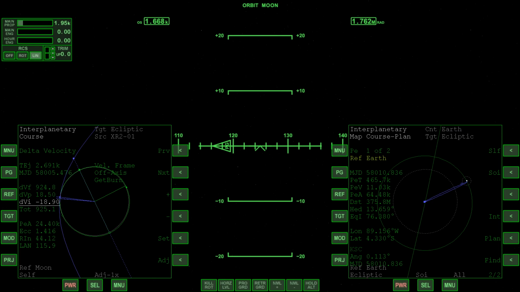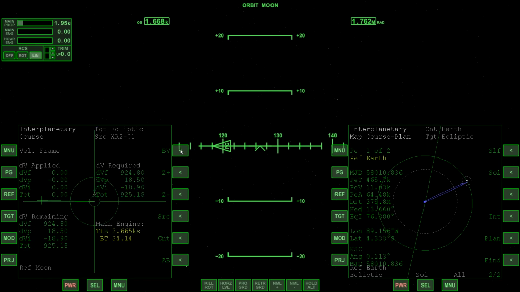Some of the other numbers that we're looking at, you can see MJD, so that's telling us our periapsis date. Below that is PET, so that's the time to periapsis. That's not really being affected right now because we're not currently moving toward periapsis at the moment. We're still in orbit around the moon. And then below that you have periapsis velocity, so that's just telling us what our actual velocity will be at periapsis. So this is a perfectly flyable plan, and I think this is what we're going to go ahead and do. So let's go ahead and fly this plan.